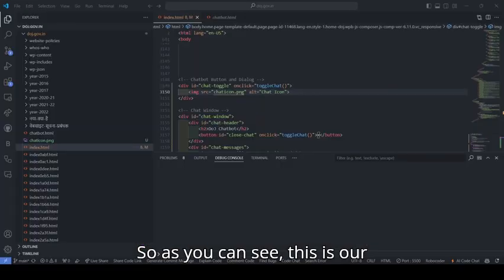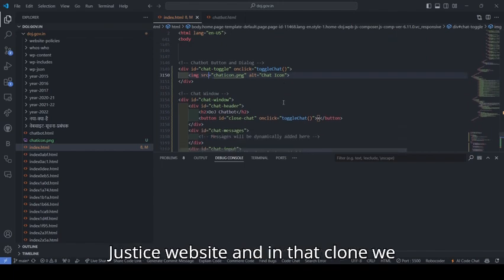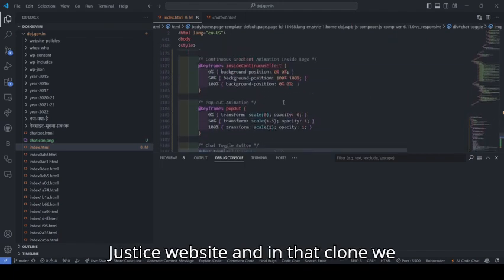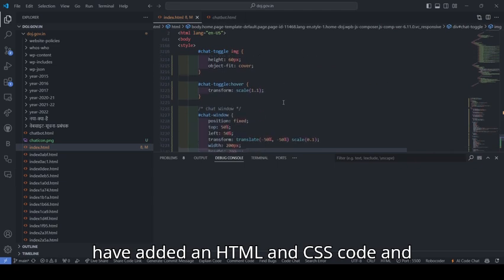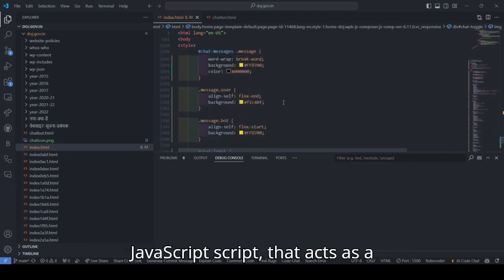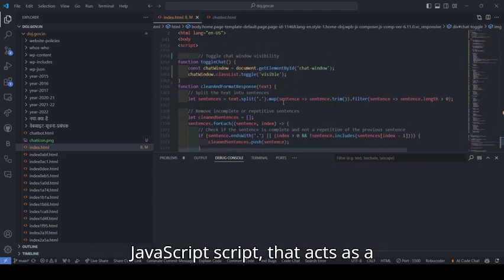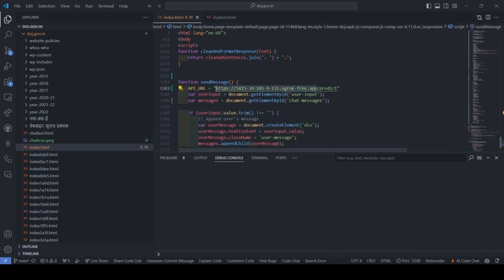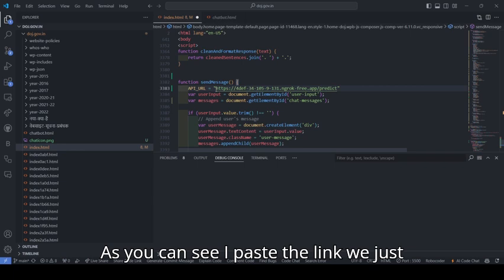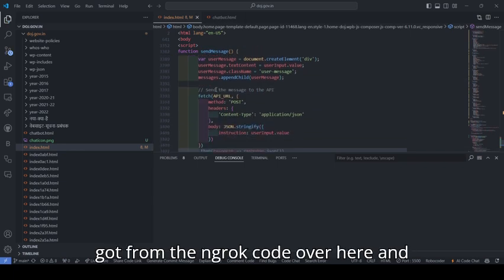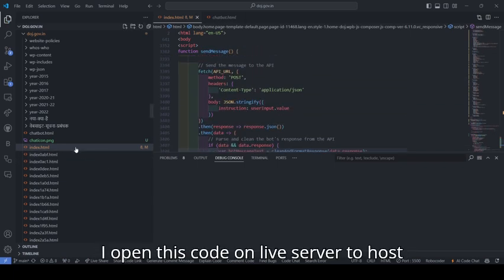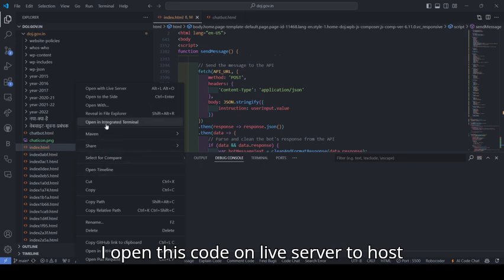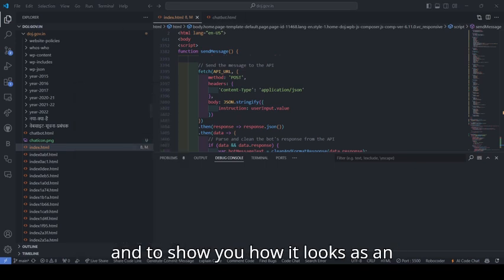So, as you can see, this is our clone of the official Department of Justice website, and in that clone, we have added an HTML and CSS code and a JavaScript script that acts as the front end for the model we just created. As you can see, I paste the link we just got from the ngrok code over here, and I open this code on live server to host and to show you how it looks as an